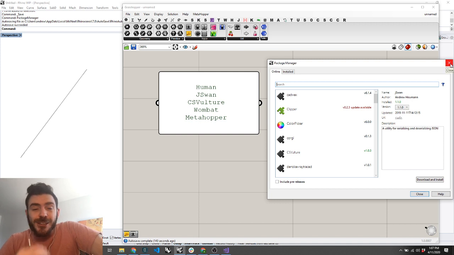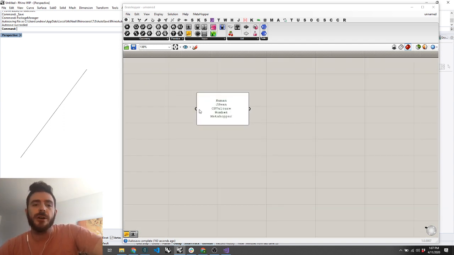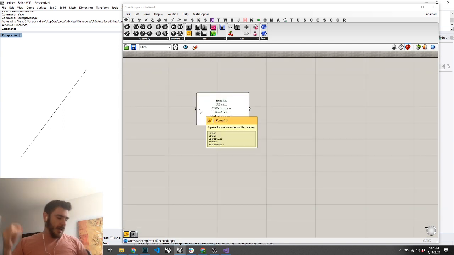So in fact, a lot of what we're going to be using today is actually sort of weird or different ways of using existing tools within Grasshopper. So I'm excited to share some of those with you. So in fact, the first thing that I wanted to go over, because I think that one of the